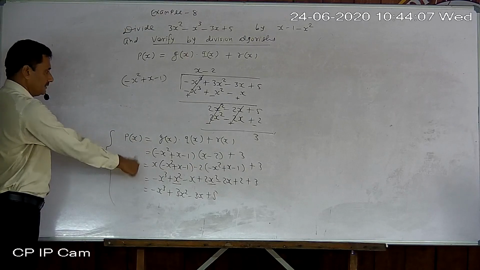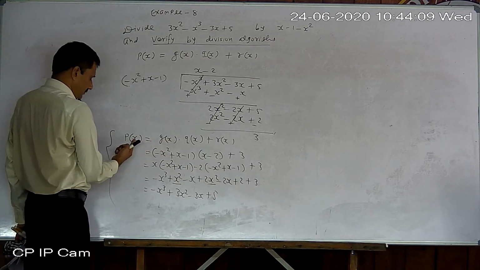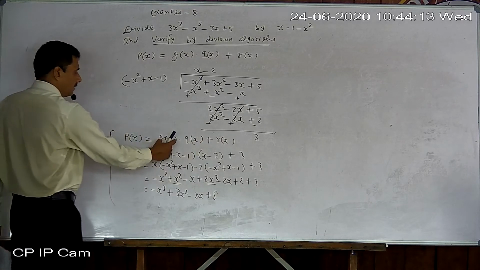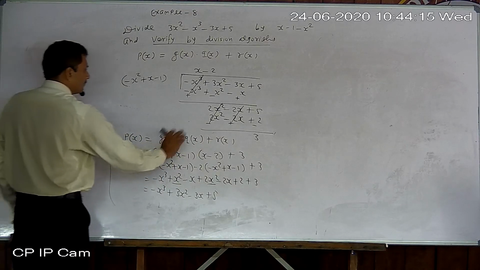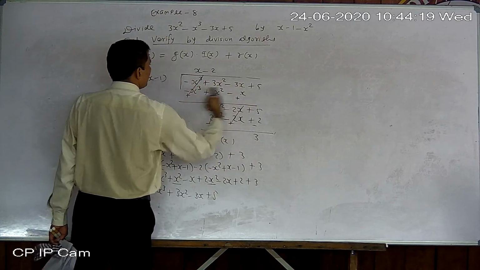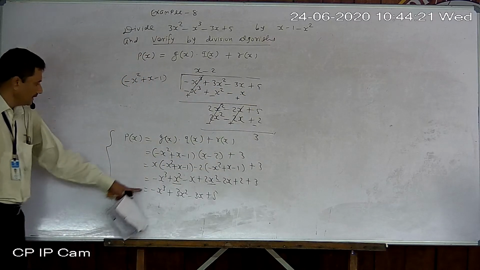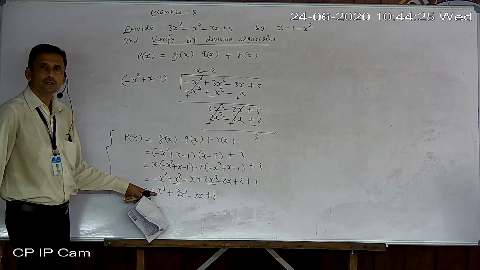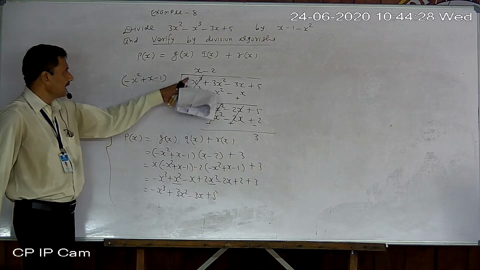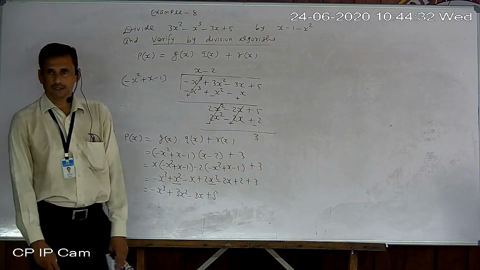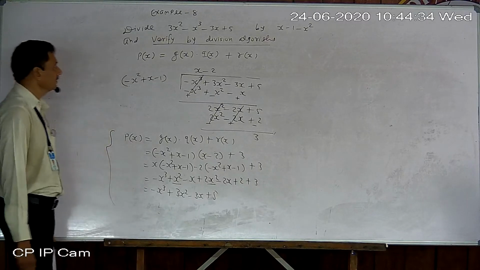That you understand. First of all, remember this thing. Dividend is equal to divisor into quotient plus remainder. Okay, all these symbols also. Now write everything, this and this. So you will have this main means dividend polynomial at last step. If you don't get it here, then you derive the conclusion that either your division process is wrong, otherwise your verification step is wrong. Okay.